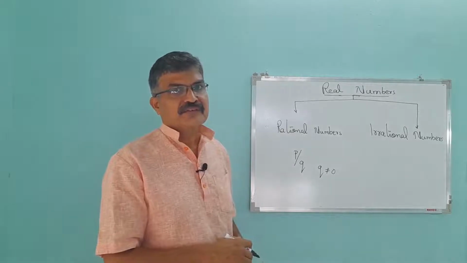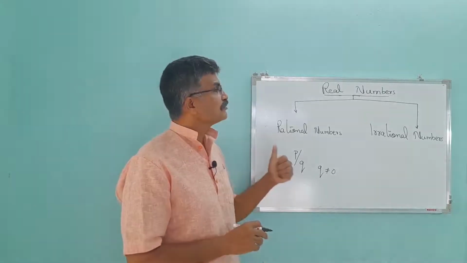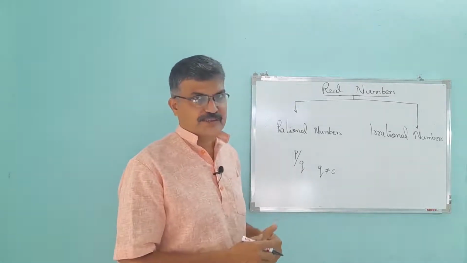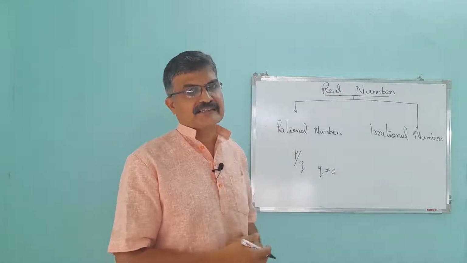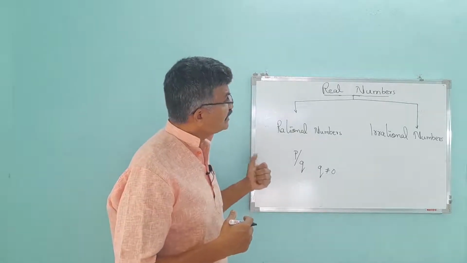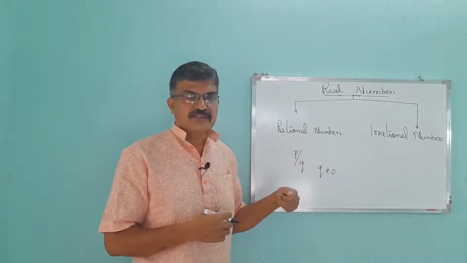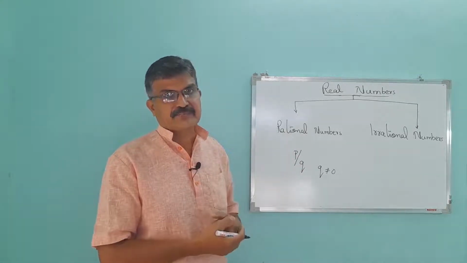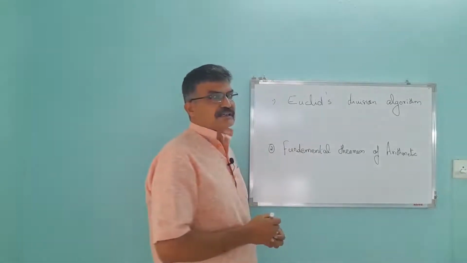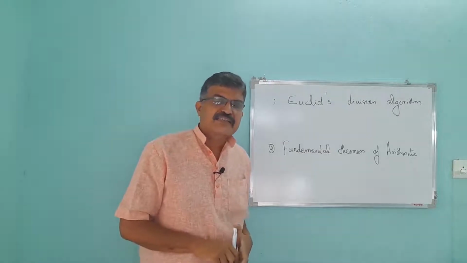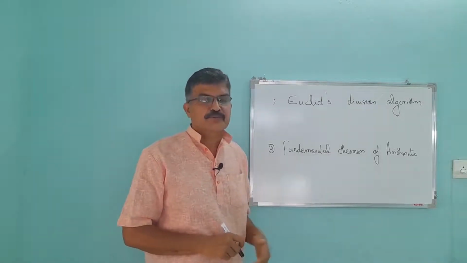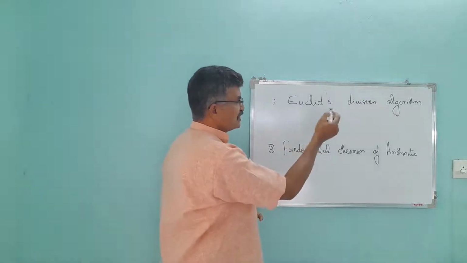In this section, we will study two important phenomena of positive integers. First, the Euclidean division algorithm, and second, the fundamental theorem of arithmetic. If you need a more detailed study of real numbers, then refer to my previous video about the number system, which you have already studied in the 9th standard. Euclid's division algorithm deals with the divisibility of integers, and the fundamental theorem of arithmetic deals with the